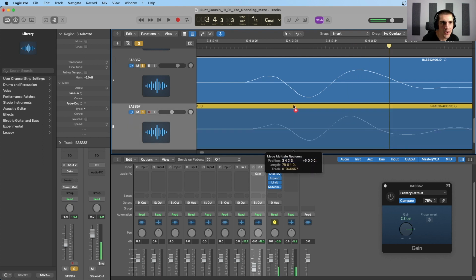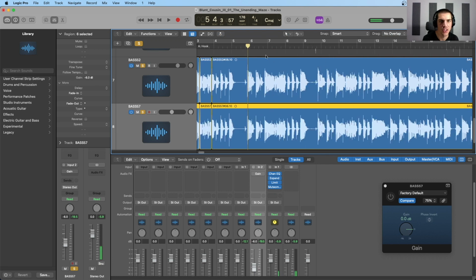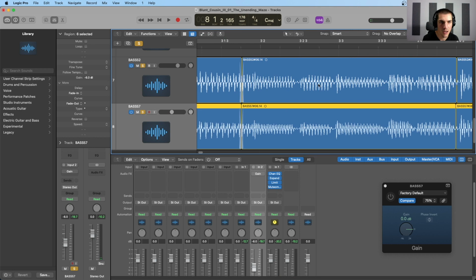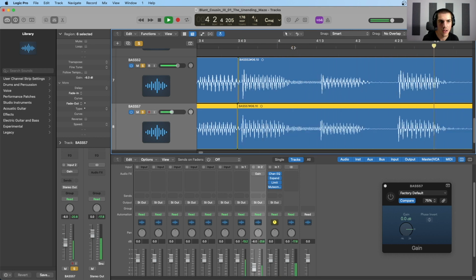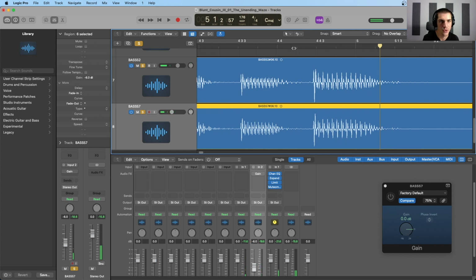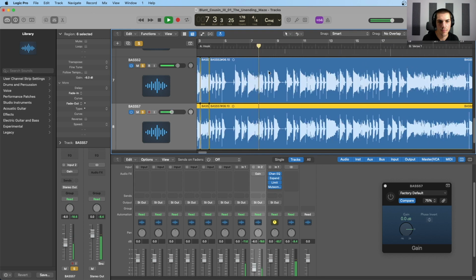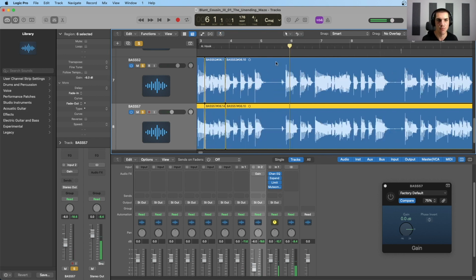So we may want to mess around a little bit, but that looks pretty good to me. Now, if we listen back, there will be a much more solid low end. If we undo our movements here, it's thin. Now, if we redo, So that's just to show you how a little bit of phase shift can really bring out the low end